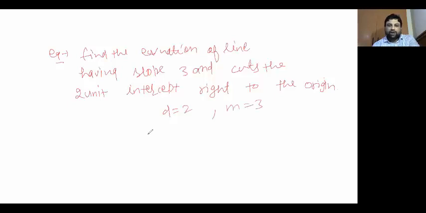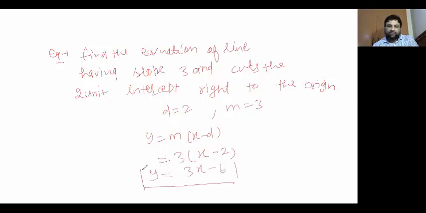We just derived the formula y is equals to m times x minus d. We can substitute here. m is 3 and d is 2. We can simplify: 3x minus 6. So y is equals to 3x minus 6 is the answer. So I think this slope intercept form is clear. When they are giving you x-intercept or y-intercept, you can identify. Next form is